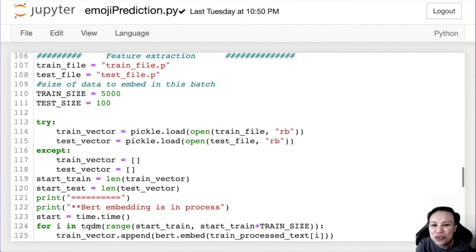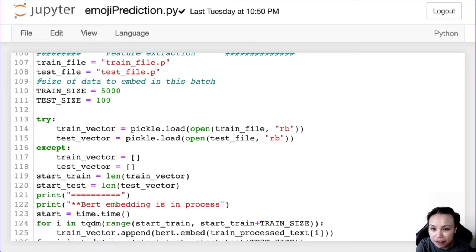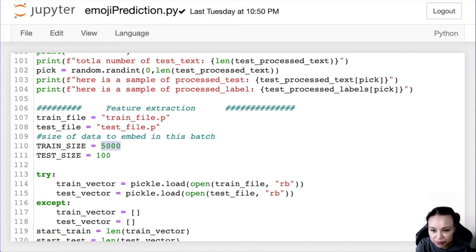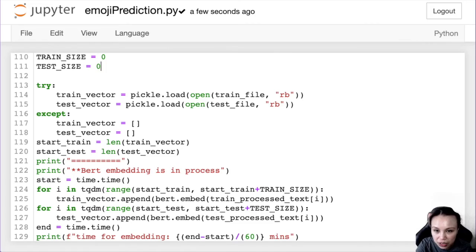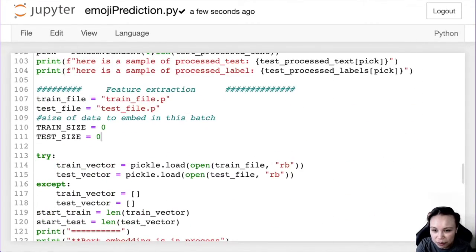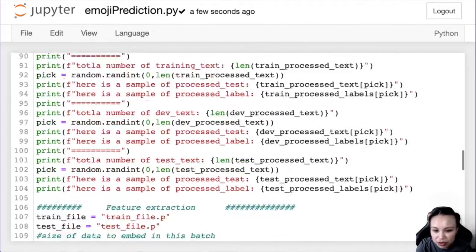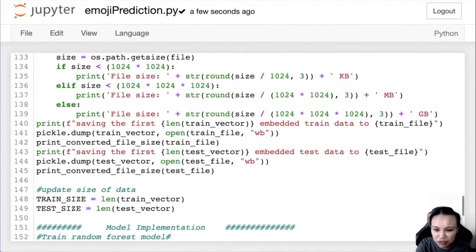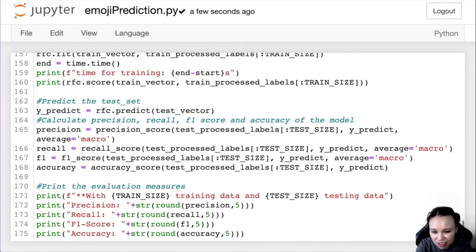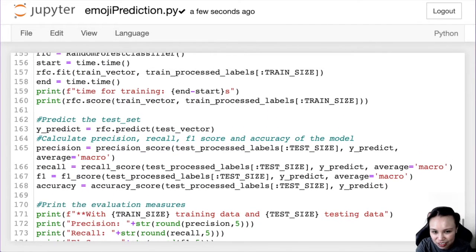So I have the other file that I've pickled. What I'm going to show you is that I'm not going to train a new file, because it's going to take a while. It'll just use what is pickled to do the training. I'm not doing any extra embedding this time, so the data that we're using is actually quite a bit less than what it should be. But you will see what I mean. It takes quite a long time with that data set, and it's not really what I want. You will see when I run it.